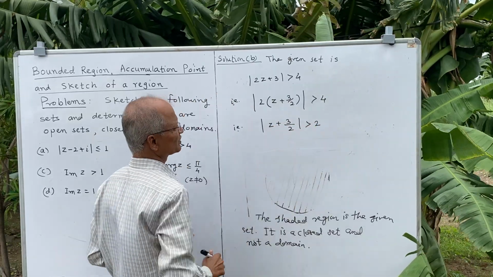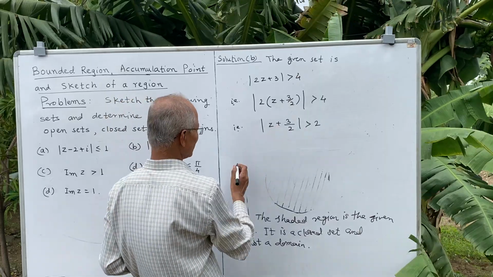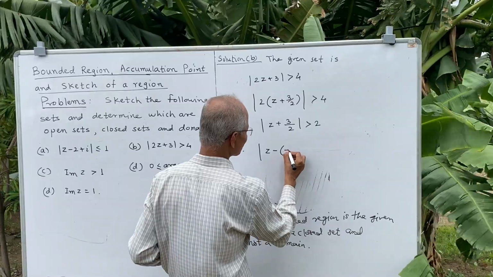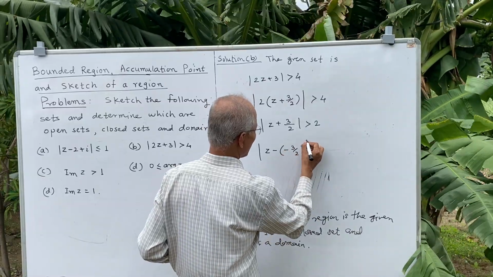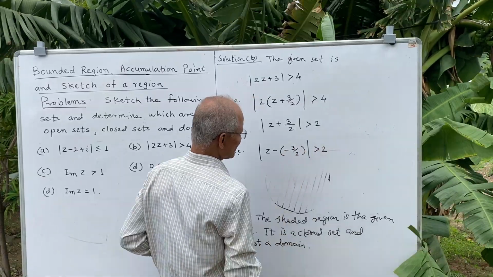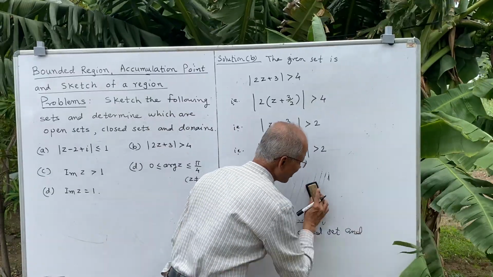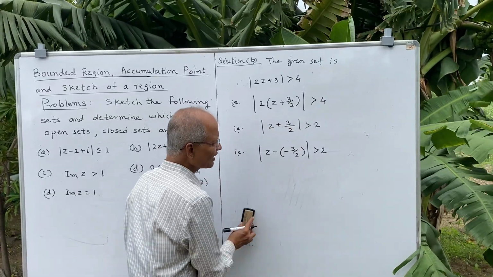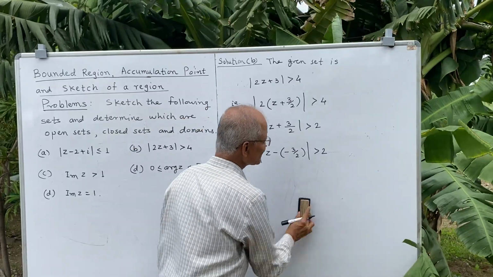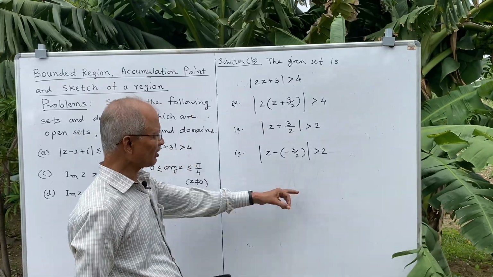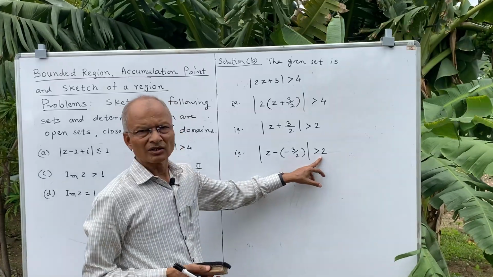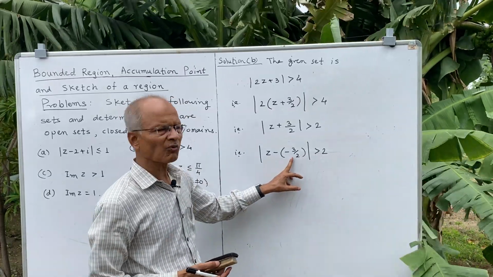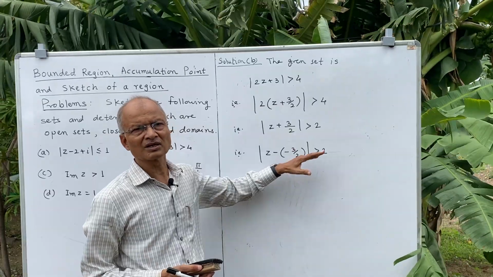We want the negative sign here, and therefore we write |z - (-3/2)| greater than 2. So we have again written this in the form |z - z0| greater than r, and because it is greater than 2, it will represent all those points whose distance from the point minus 3/2 is greater than 2,